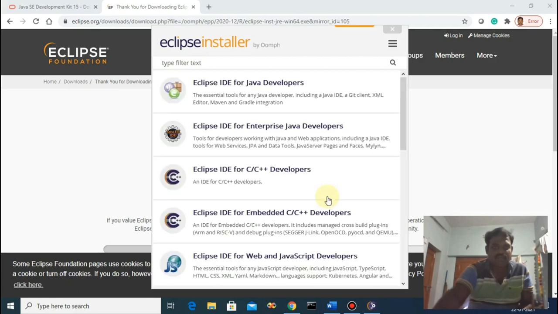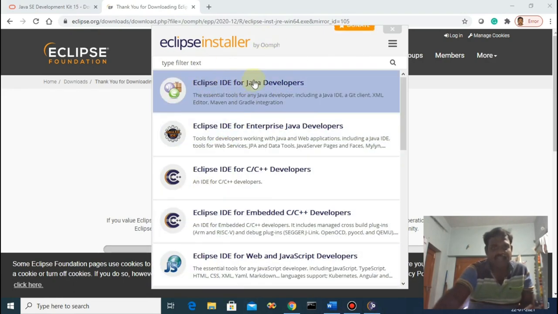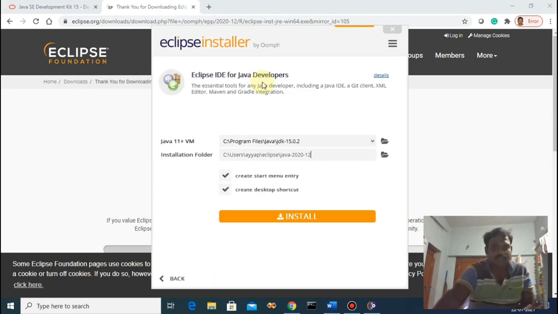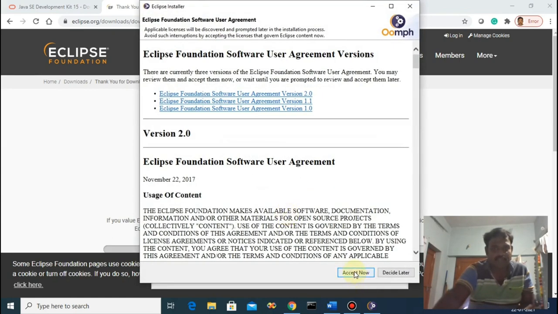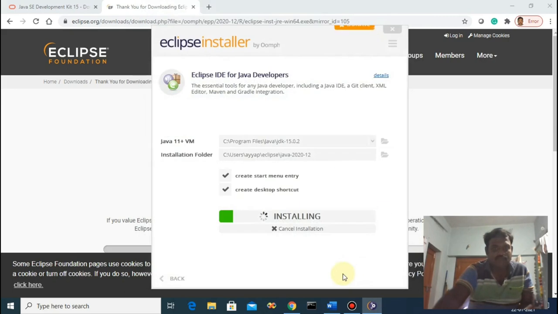If you are installing for the first time, it will display like this: Eclipse IDE for Java Developers. You just click on this one. Install. The agreement, you just accept now. So it is going to install.